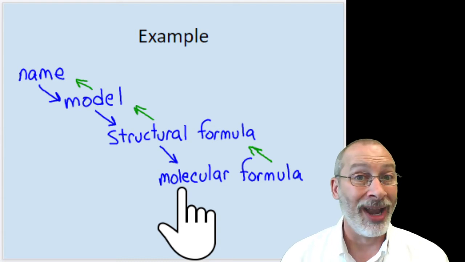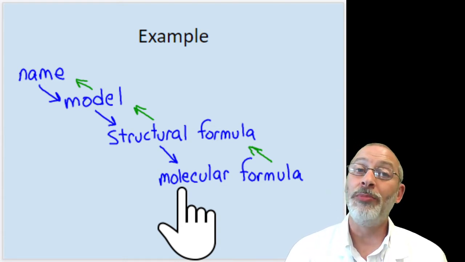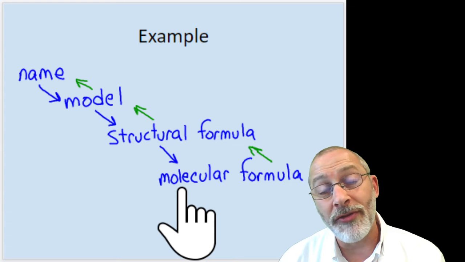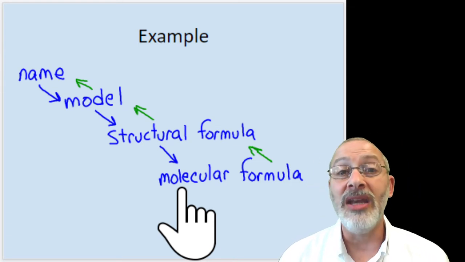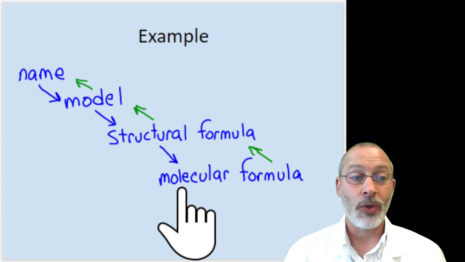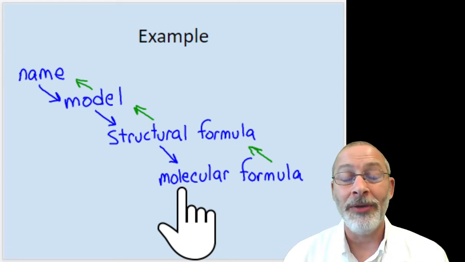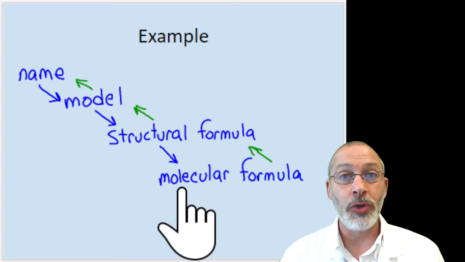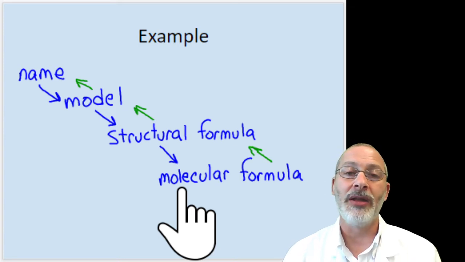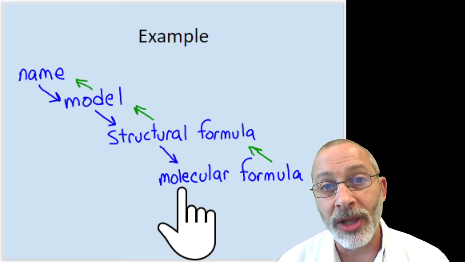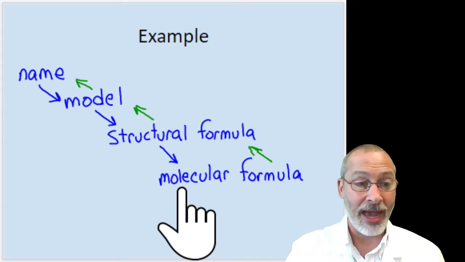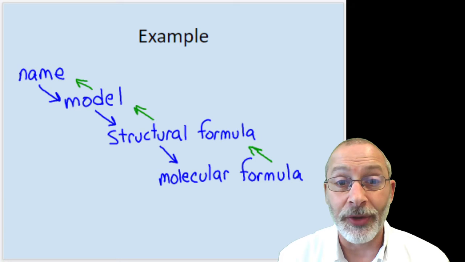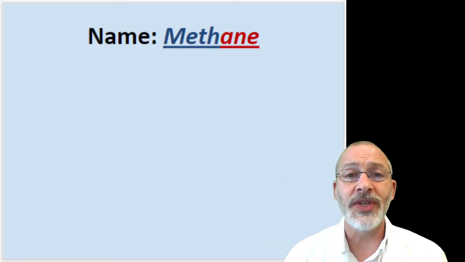If I give you a molecular formula, you should be able to draw a structural formula, then create a model, and also give it a name as well. So I want you to be able to go up and down with this flow chart here from name to model to structural and molecular formula and back again. So let's see how we make out, shall we? We'll do some together. Starting with a simple one,